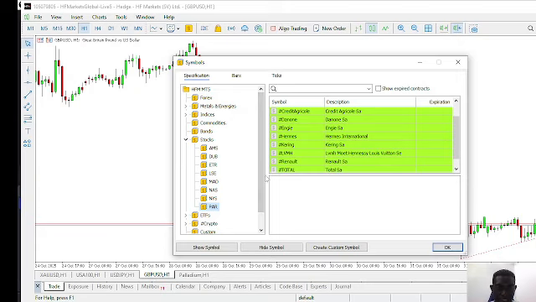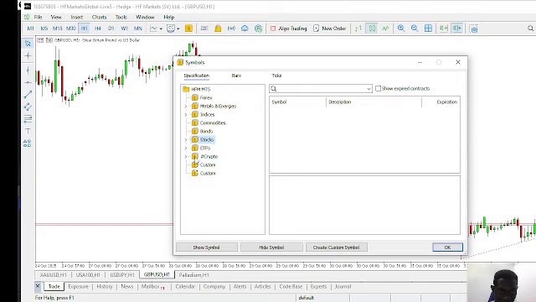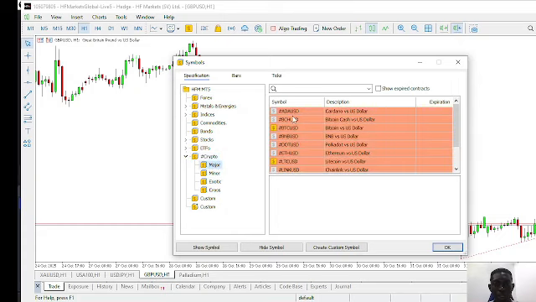Okay, you have ETF. Then another interesting one is the crypto. You have crypto here. Under crypto, we have the major crypto. Major crypto are talking about Cardano versus US dollars. Then we have the interesting one that interests me, BTC USD, then BNB USD. Then we have the DOT versus USD. You have Ethereum, you have Litecoin, then you have